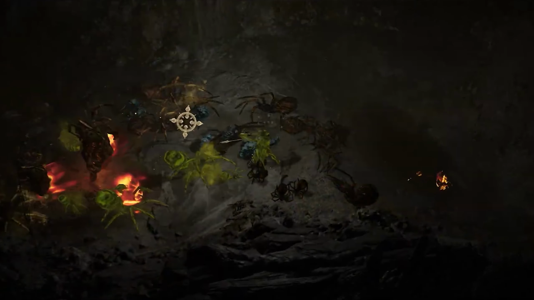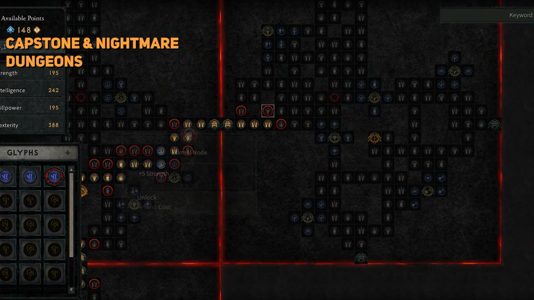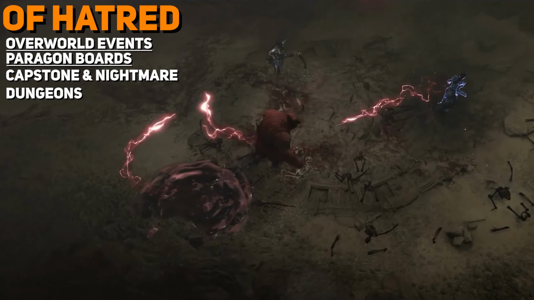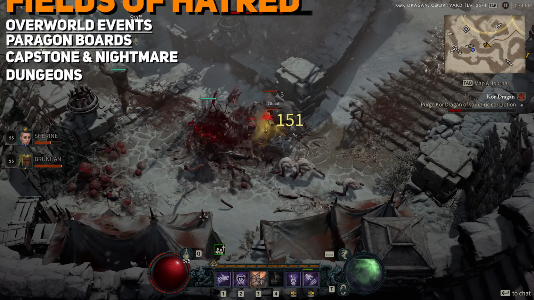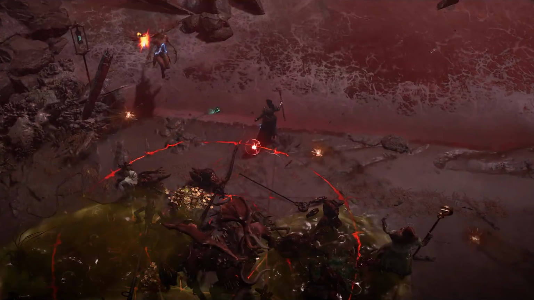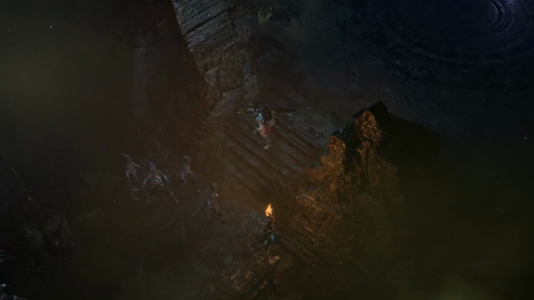We get small glimpses at Capstone and Nightmare Dungeons, Paragon Boards and exactly what they look like, overworld experiences, and the PvP Fields of Hatred. I'll link the original video down in the description for you to check out, but let's jump right into what we get to see. Early on into the video, Joe Shelley emphasizes that one focus of D4's endgame systems was